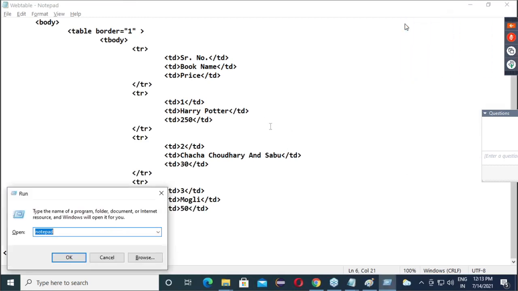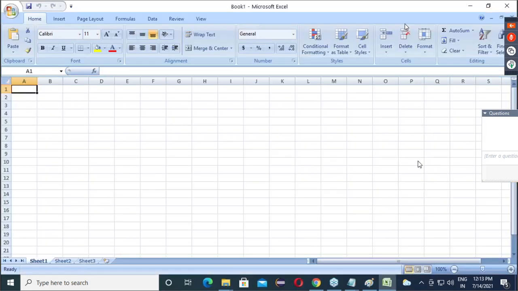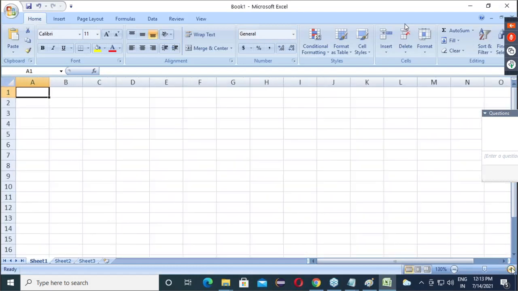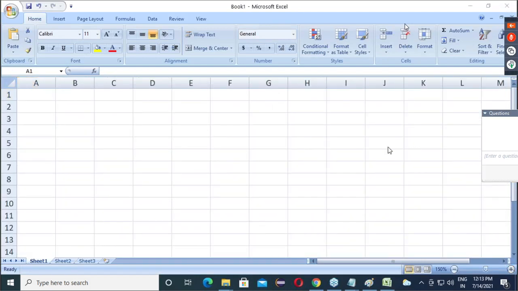Now, let's make one short summary. Observe here. Let's say this is element. This column we will say tag.